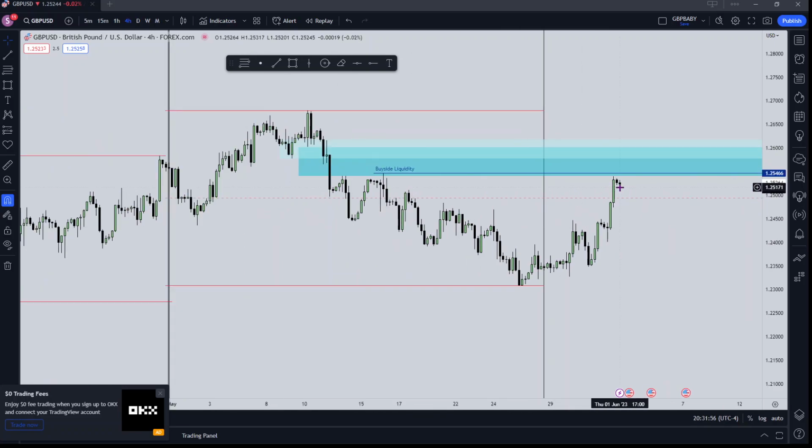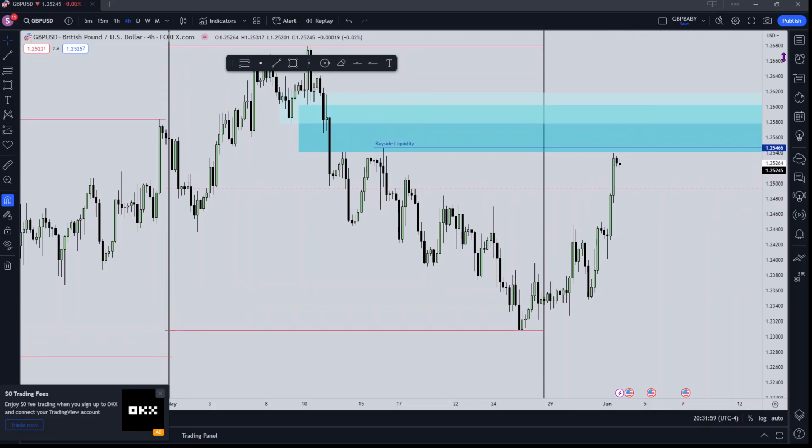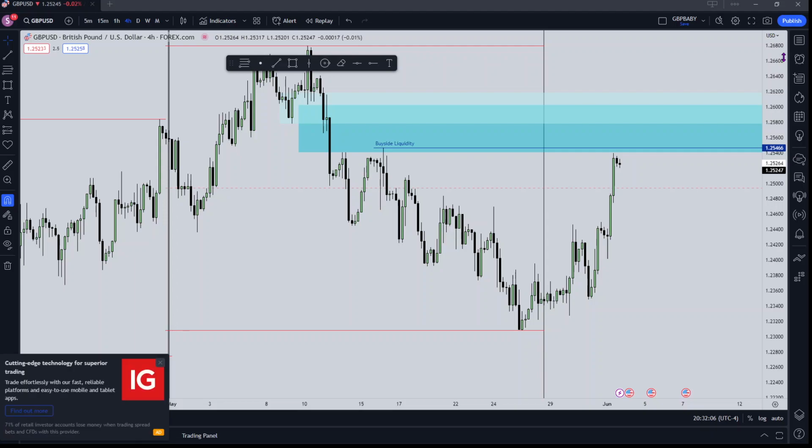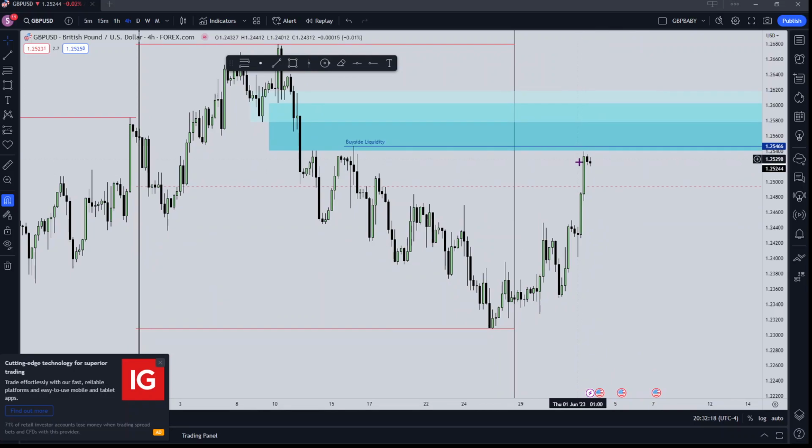So as you can see, we've traded right up to this buy side liquidity, but haven't actually tagged it yet. Tomorrow's Friday, so I'm not really expecting too much. Honestly, this week I've pretty much given up on even trying to think about what the market's going to do. It's been a very expressive week, so to speak, so I'm not going to speak too much. However, once this buy side liquidity does get tagged, I'm expecting some kind of pullback, obviously, a retracement,